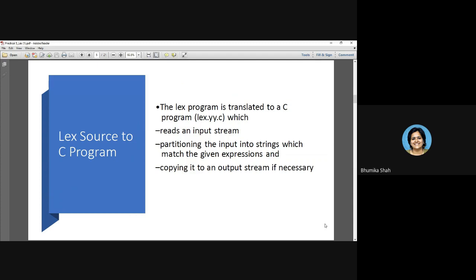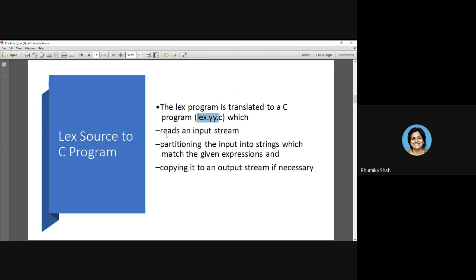How Lex is working? Lex is converting your source Lex program to an equivalent C program, and by default, the name of the equivalent C program is always going to be lex.yy.c. So the lex tool is reading the input stream. The input can be given either through keyboard or from a user defined file also.